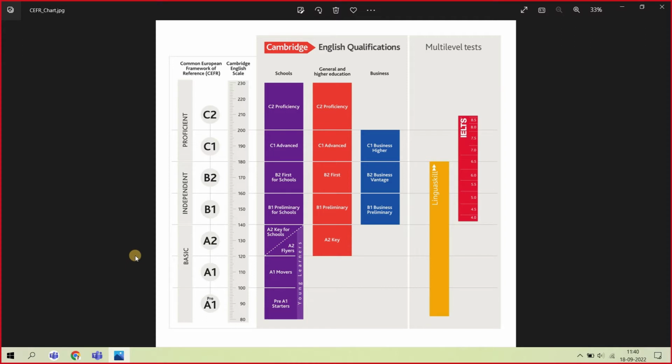But some students would innately be very, very expressive. They'll be very confident. Their verbal and non-verbal skills will be on par with the native speakers. So they can easily go to C2. But there are others who are at the B level and they want to improve their level to C1 or C2. That is also possible. So anybody who is at a B level can easily go to C1 and C2 if you are able to practice well and if you are able to do things.